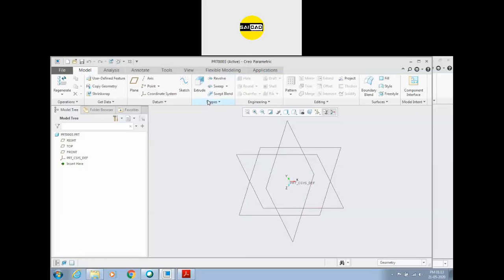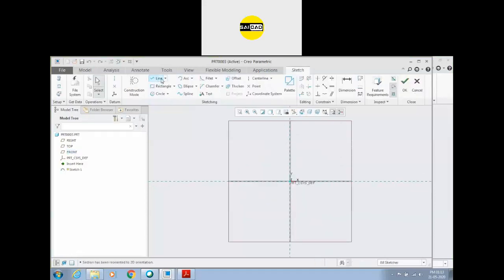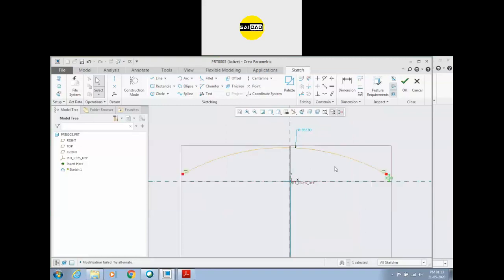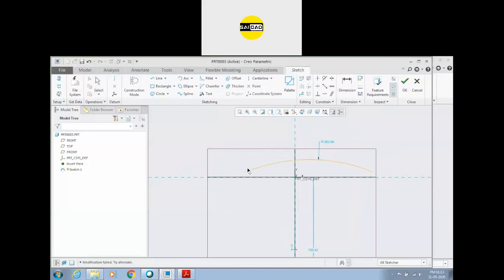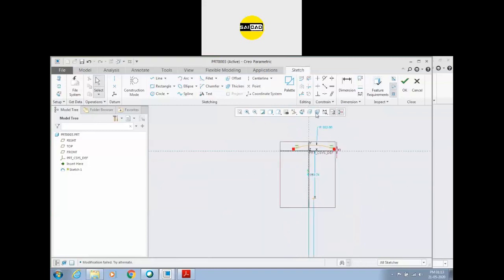If you create it with the help of sweep, the sweep needs to be from the corners, not from the mid. Okay, so first you are going in the front, creating a sketch, that is the path. If you are going to create the arc like this one, we don't have the radius here. If you are going to create the shape like 80 radius and with all the options, we have this height 30 and we have this cap. Okay, I'm going to create it again.